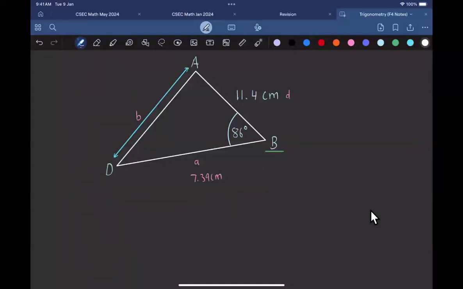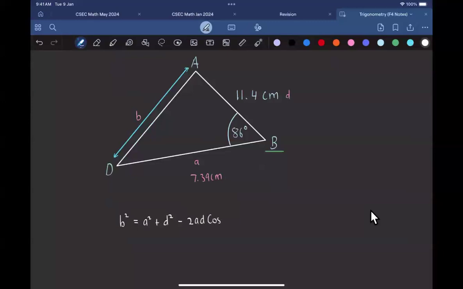Anyways, what is it? What's the formula? B squared equals A squared plus D squared minus